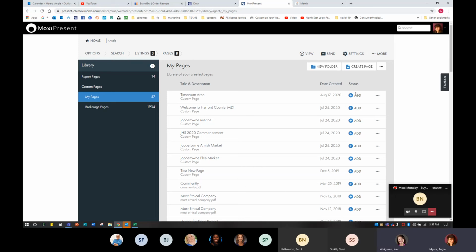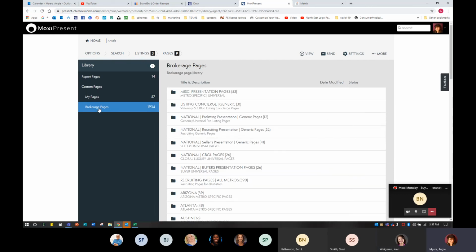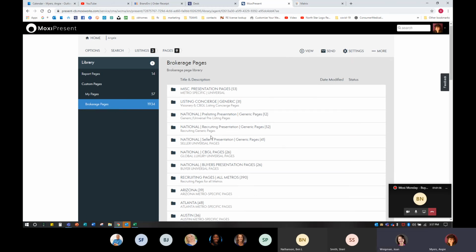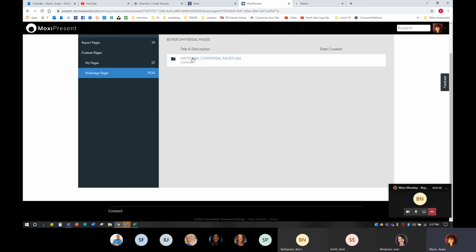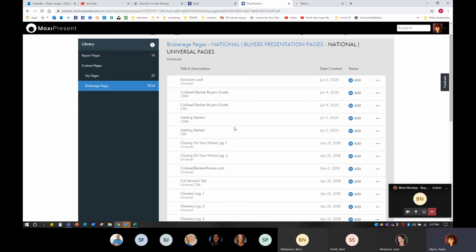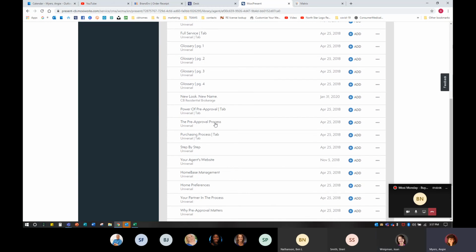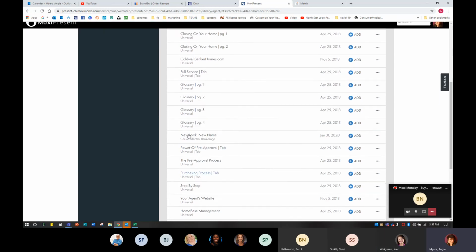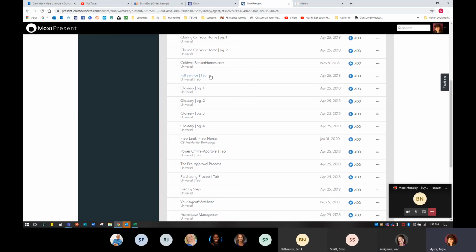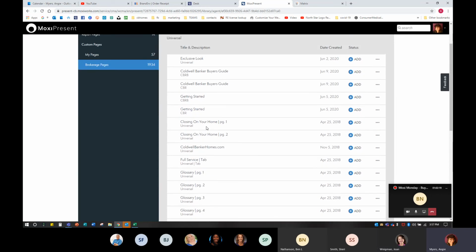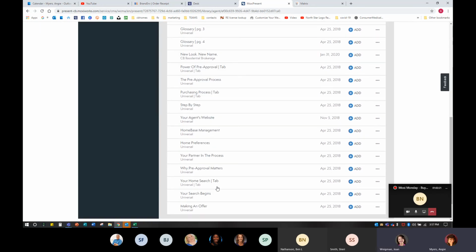And you've included that here, and you're able to add that page from your library. And then there are also brokerage pages that you can go through. They do have universal buyers pages, and I can add some of those buyer guide pages to my buyer tool. If I want to add that glossary, if I want to add some of the tabs, those are just the pages with the pretty pictures. This one just says full service and it has a beautiful picture. But I'm able to add some of those pages as well if I want to add them to my buyer